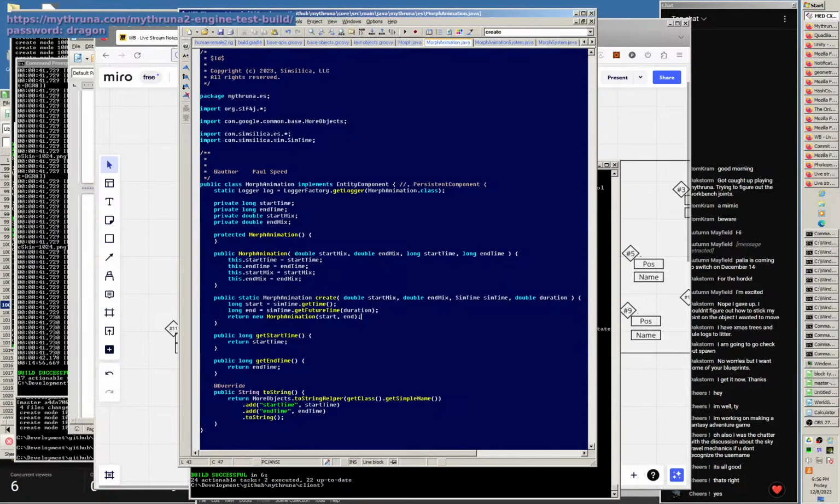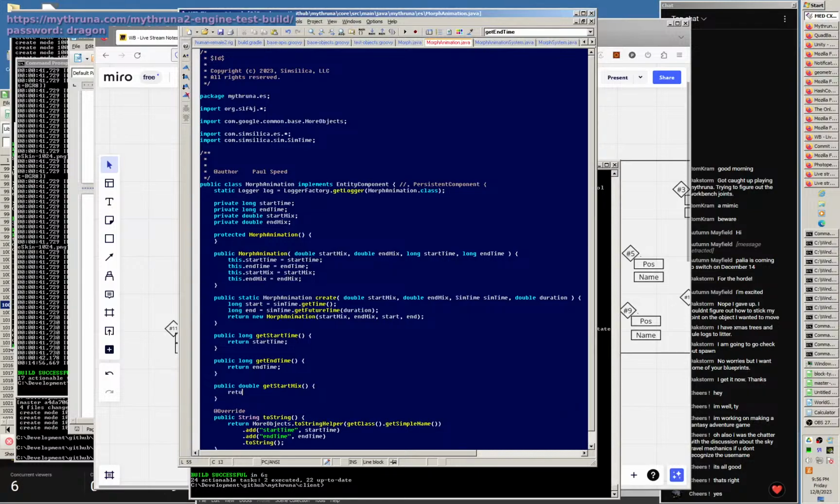If everything you do is always backwards from something else, you will get it wrong frequently. Okay, so public double get start mix. Return start mix. Java and the boilerplate. If I used records for my entity components, then I wouldn't have to do all this boilerplate. But